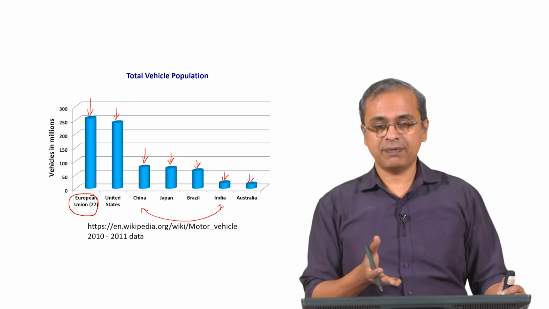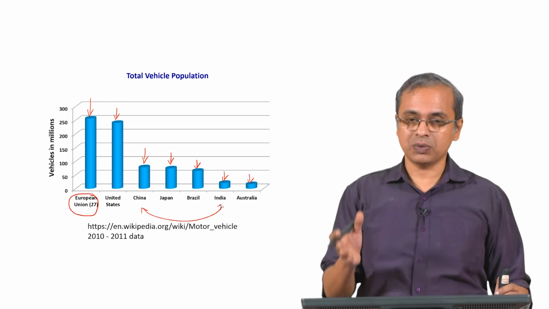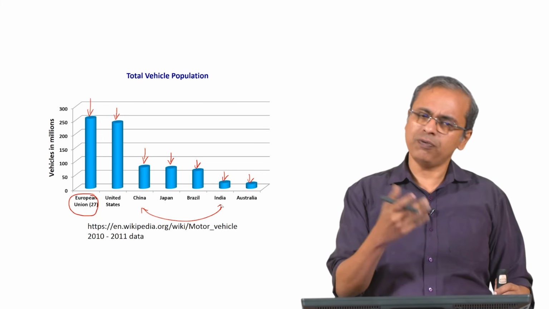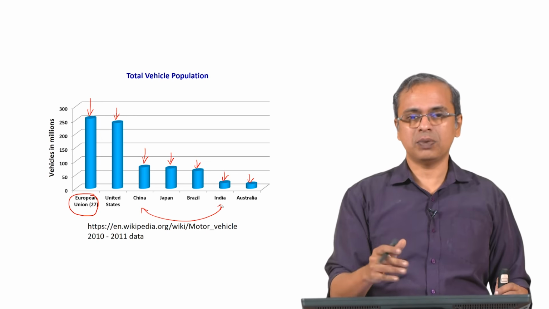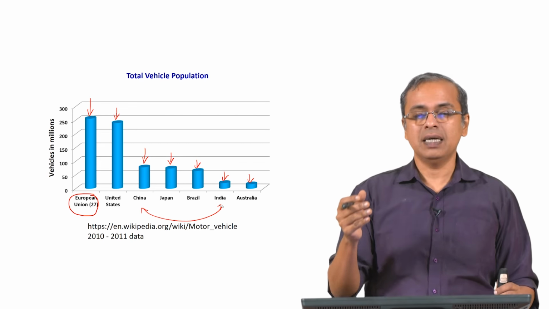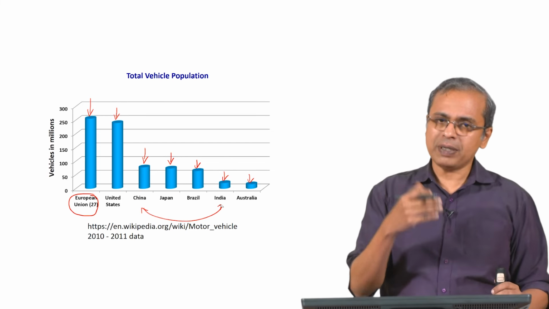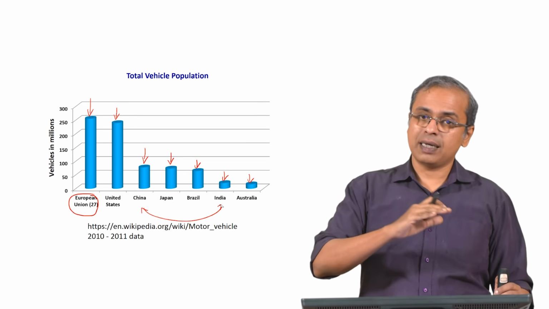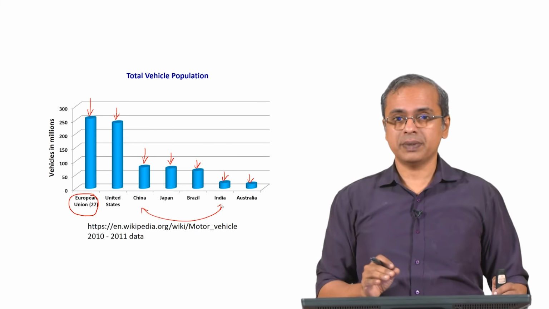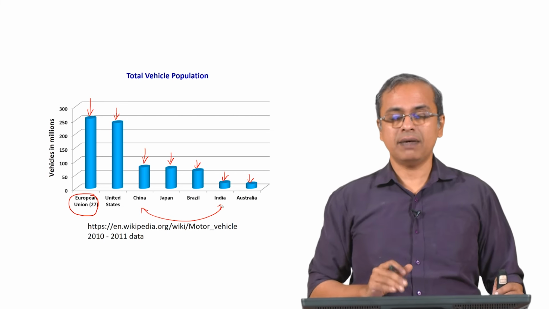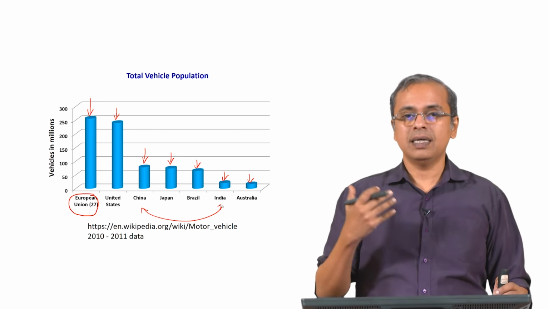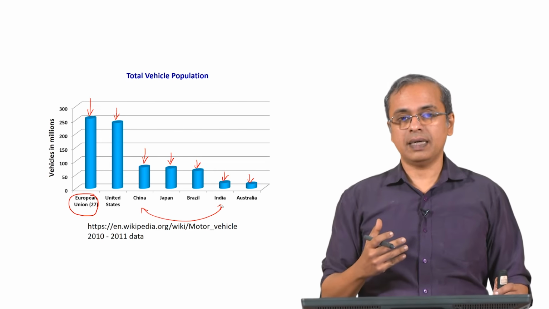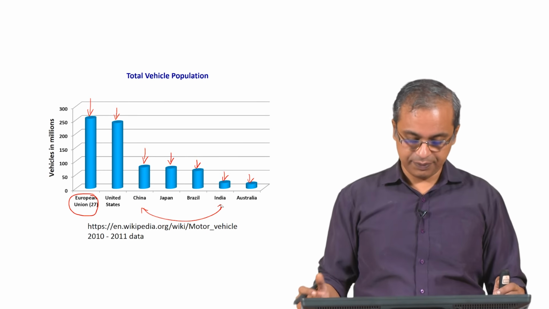As I said, we saw the statistic of 960 Indians out of every 1,000 who don't have an automobile. And invariably there is an aspiration to buy an automobile. People want an automobile for various reasons: sheer transportation is one, convenience and comfort of transportation, flexibility of transportation and so on. Plus there are also other social aspects associated, such as status symbol and so on. So there is a lot of scope to increase these numbers. And so this is a sector that needs attention, both in terms of the technologies that go in, the kinds of energy that is used, and what new things can be done with it.